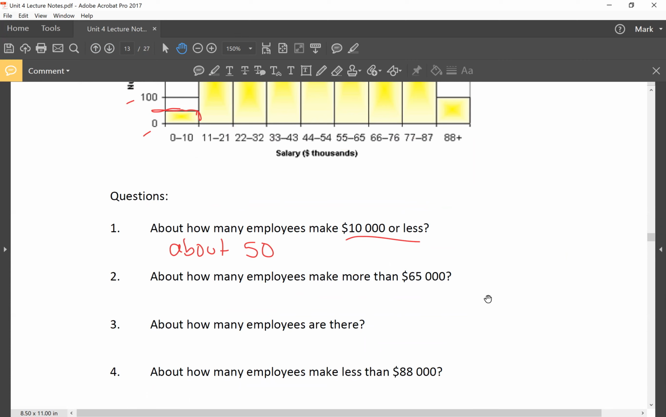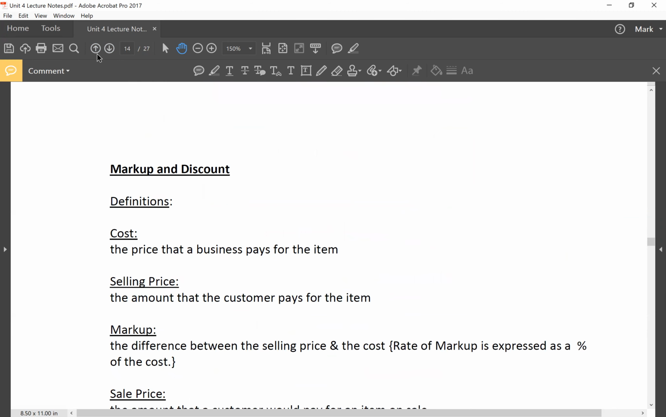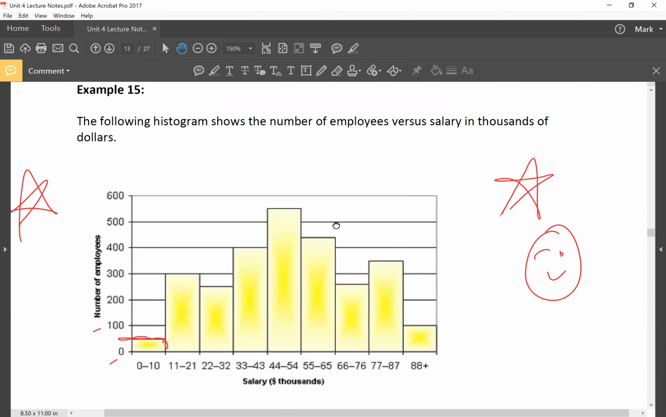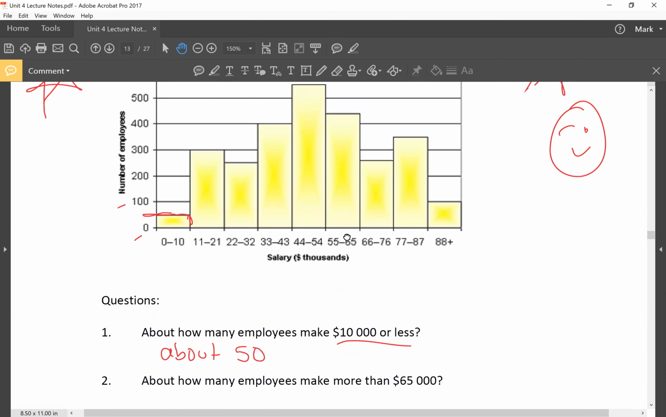And we can do more review on this when I have a sample final exam that will have a question like this. We can look at that. If you guys feel you need another histogram, and there isn't one in the notes, I have another that we can look at later. But let's look at this. How many employees make more than